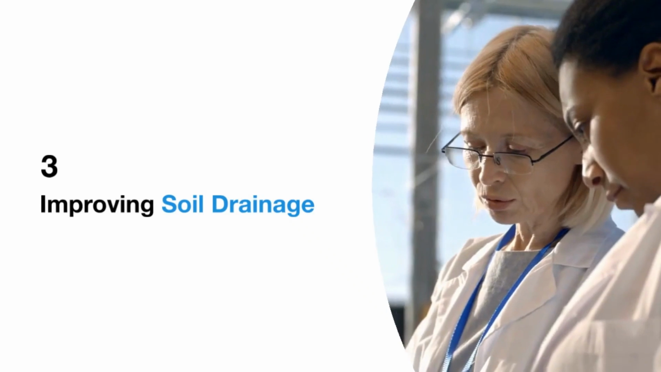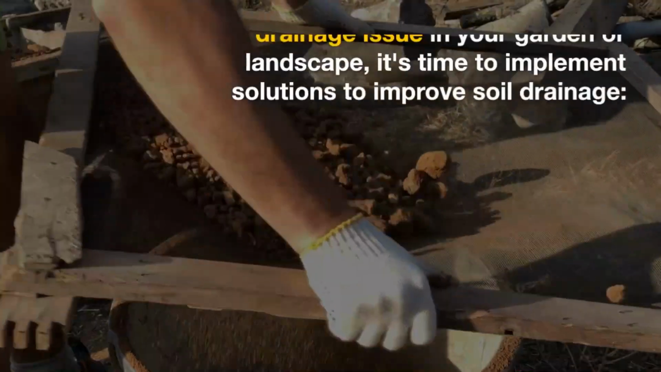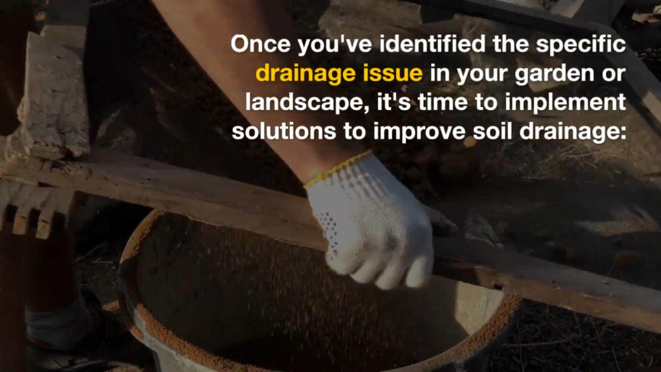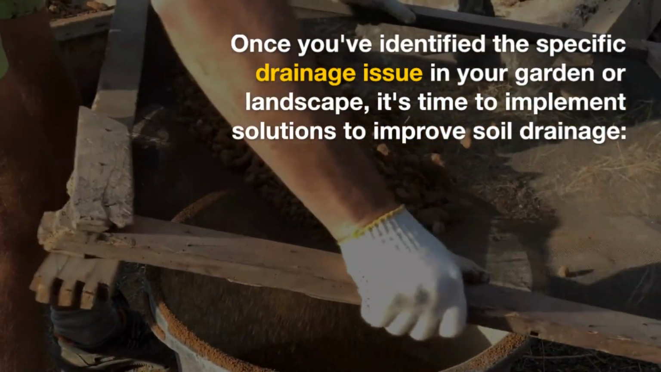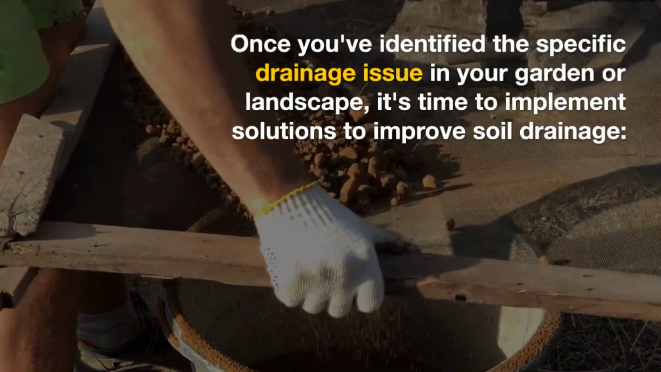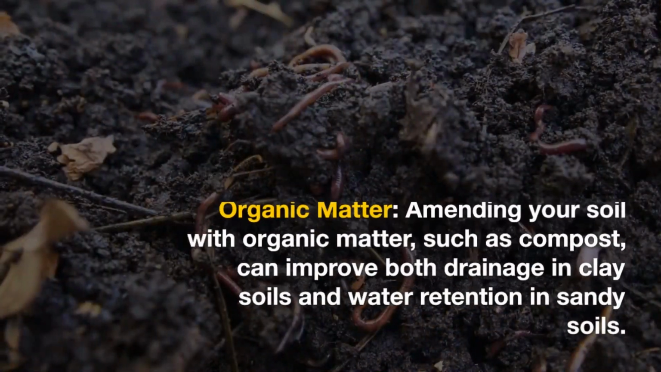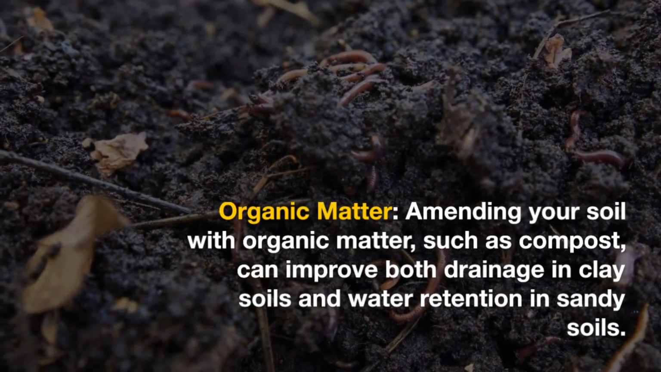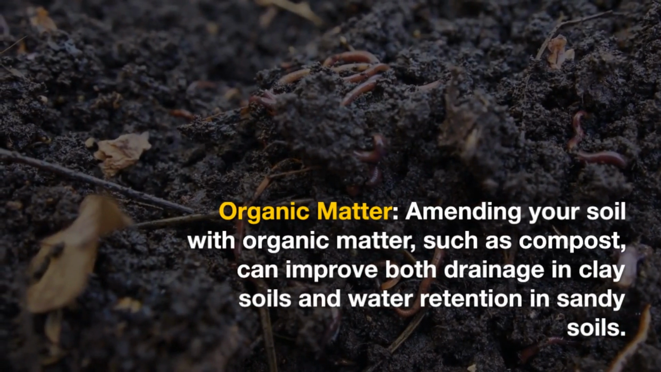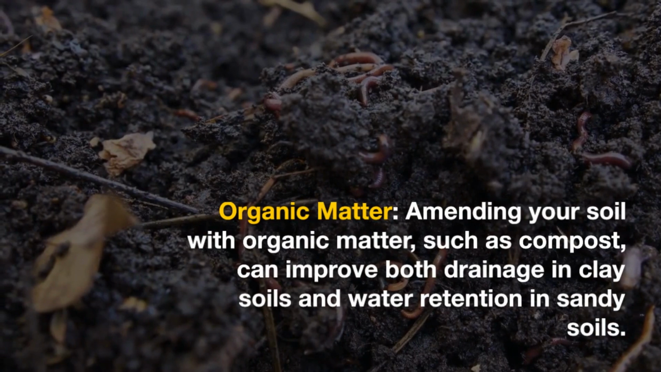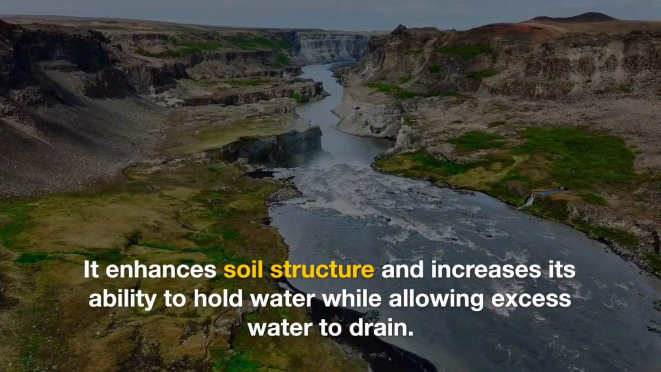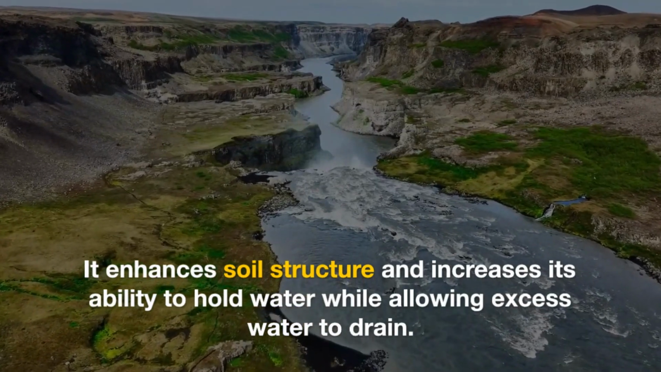3. Improving soil drainage. Once you've identified the specific drainage issue in your garden or landscape, it's time to implement solutions to improve soil drainage. Organic matter. Amending your soil with organic matter, such as compost, can improve both drainage in clay soils and water retention in sandy soils. It enhances soil structure and increases its ability to hold water while allowing excess water to